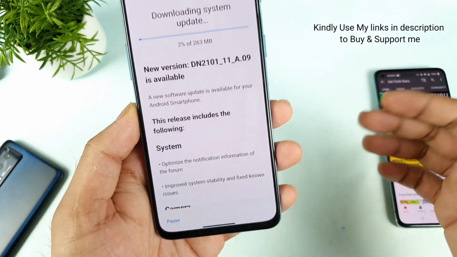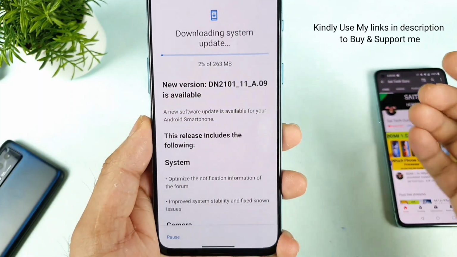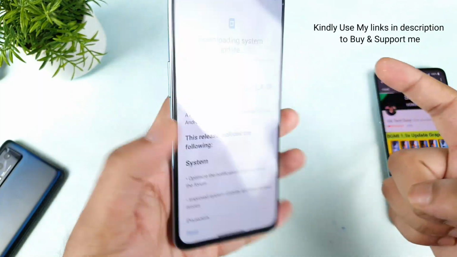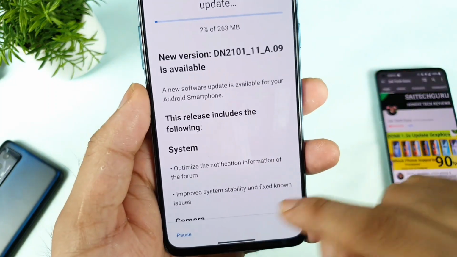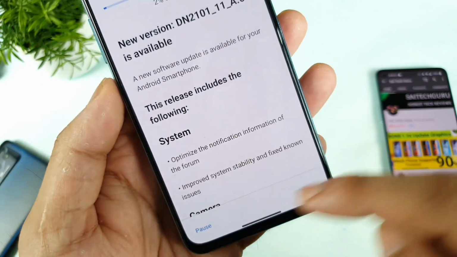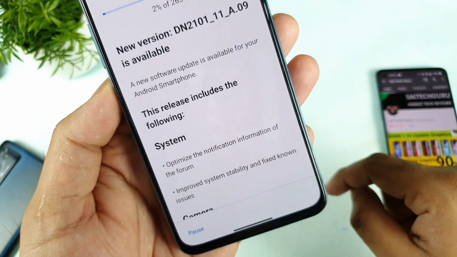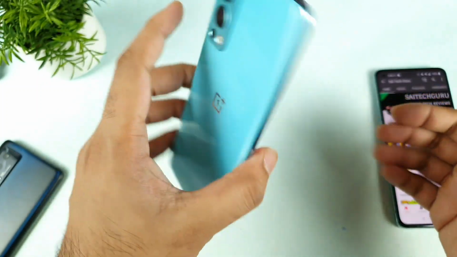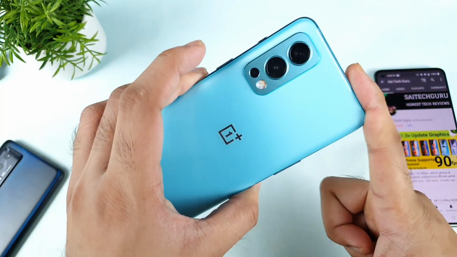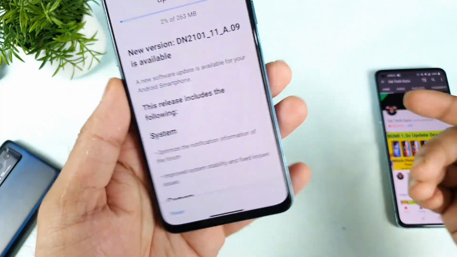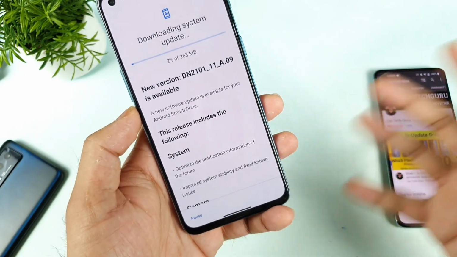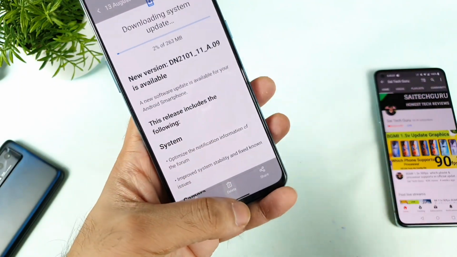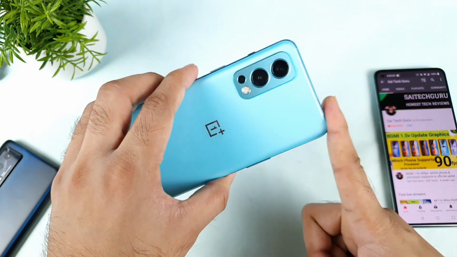And this software update which I have received, as you can see, is the latest software update in the OnePlus Nord 2, which says improved system stability and fixed known issues in the update log, as you can clearly see here. Let's see how much the system stability improved in this phone. That is what I'm going to check, because a lot of users asked me how the Antutu benchmark score is, whether it got better or not, and asked me to do the Antutu benchmark. So I thought of doing the Antutu benchmark on the OnePlus Nord device at this point.